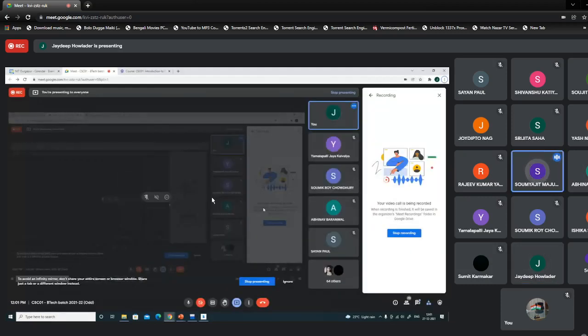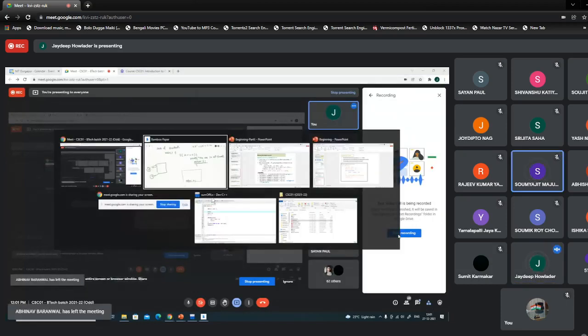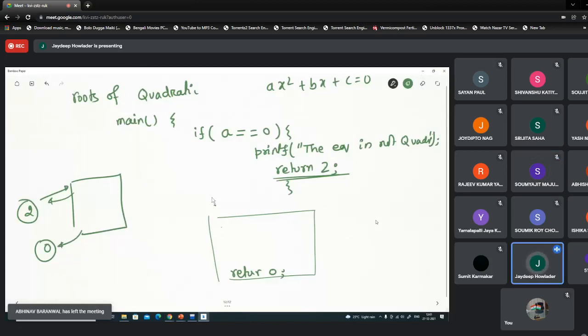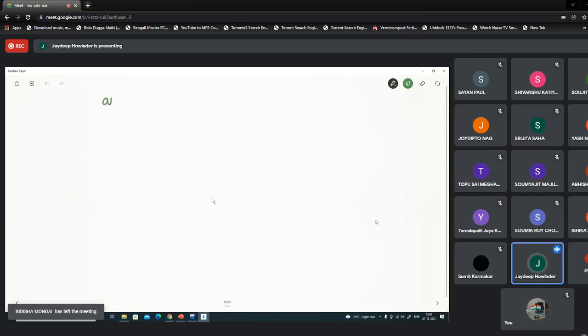Sir, please explain the last slide one more time, the return part. Yes, sir. Okay. So generally, say my problem is to compute ax square plus bx plus c equals to 0. So there are exceptions. What are the exceptions? The exception is that if a is equal to 0, then we do not have a quadratic equation.